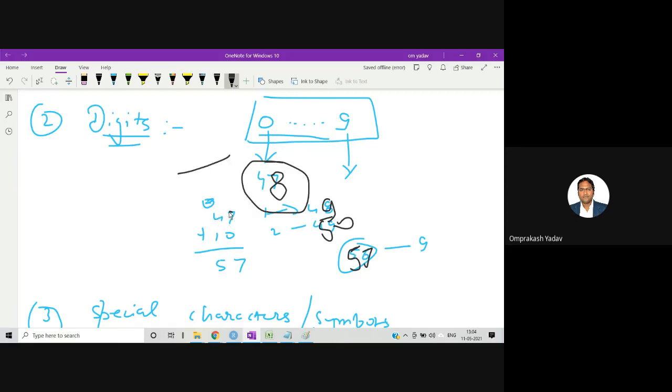If we add 10 to 48, because 0 to 9 is 10 values, it becomes 58, but since we include 48 itself, it goes up to 57. Remember this.